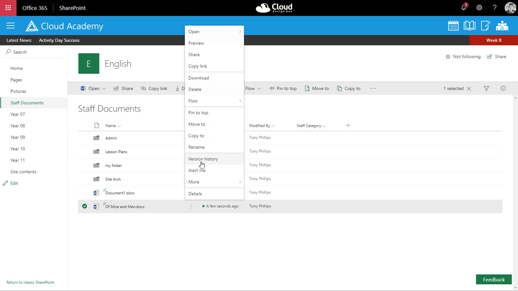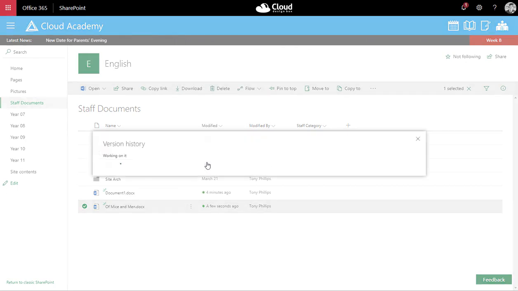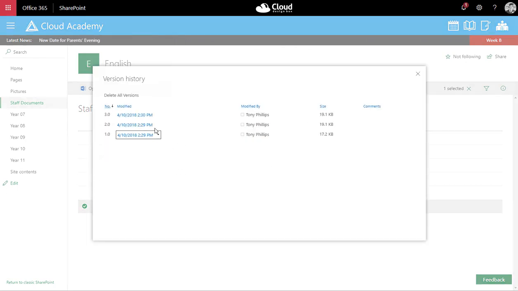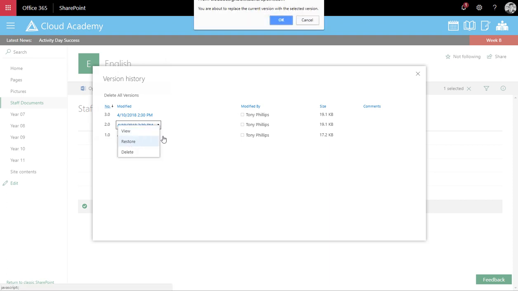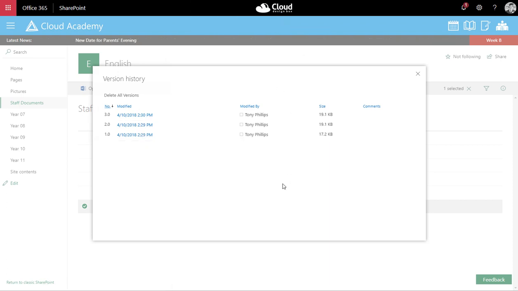You just press on the three dots next to it and go to version history. This will show you a list of every time that document was edited and who it was edited by. So I can see the original one I created, after I added the text here, you can see the file size got bigger. And then that second time I opened the document to make that additional line. So if I go back to this one and I restore it,